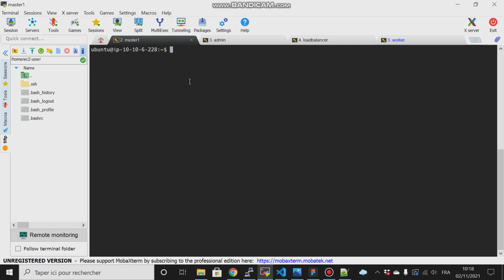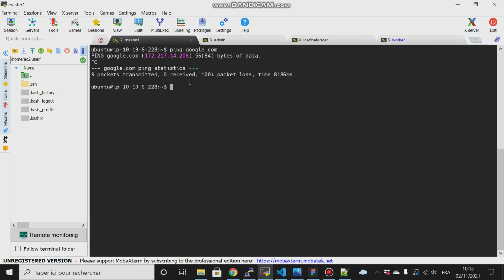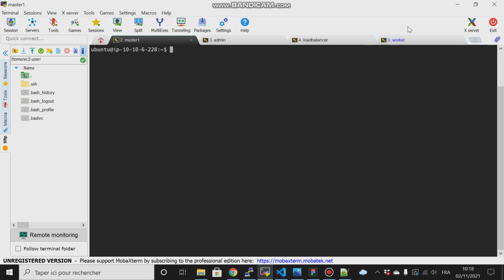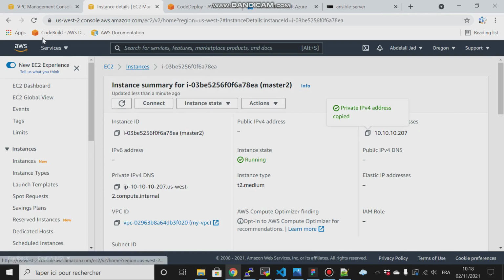So from my master node I will try to ping to see if my instance is connected to the internet. As you can see, the ping does not work, which means that my instance is not able to communicate with the outside. For that I have to create a NAT and connect my instances to that NAT so they can communicate with it. For that I will come back to my VPC